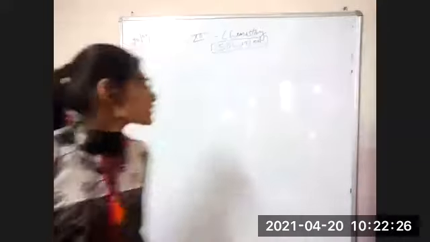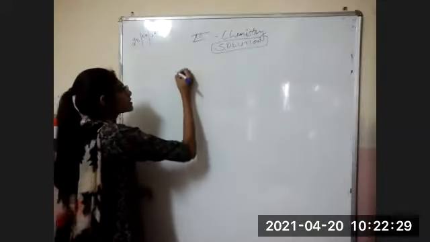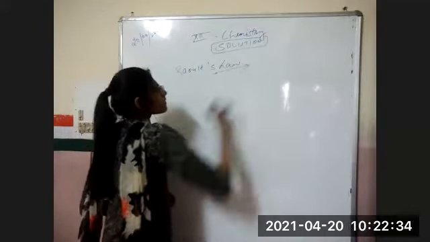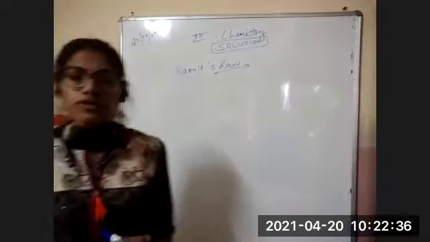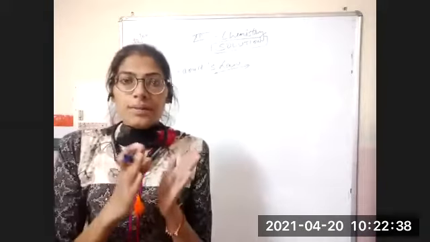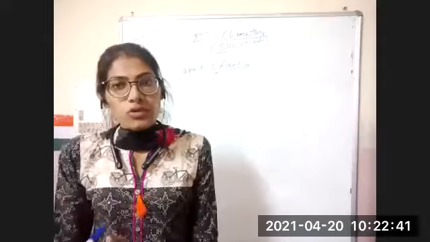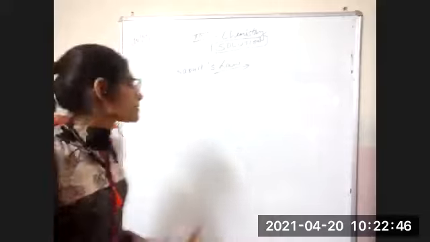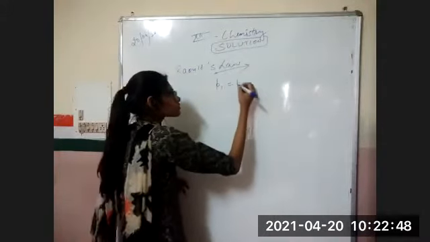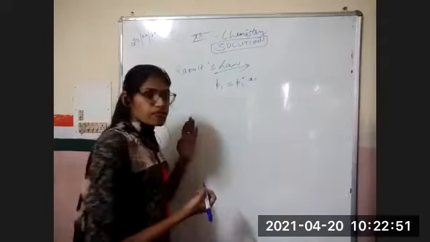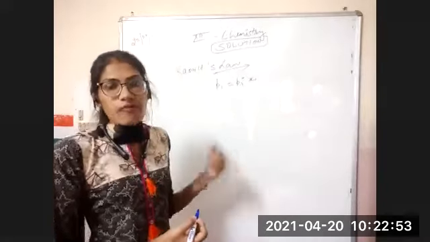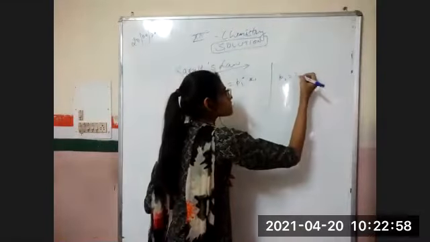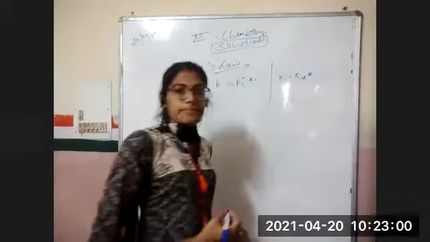Okay. So in the very last class, we discussed Raoult's law, in which we studied that the partial vapor pressure is directly proportional to the vapor pressure of the pure solvent and its mole fraction. That means we have written P1 equals P1 naught x1. And we have shared that this is a kind of modified form of Henry's law, which is known as P1 equals KH x. That's it.